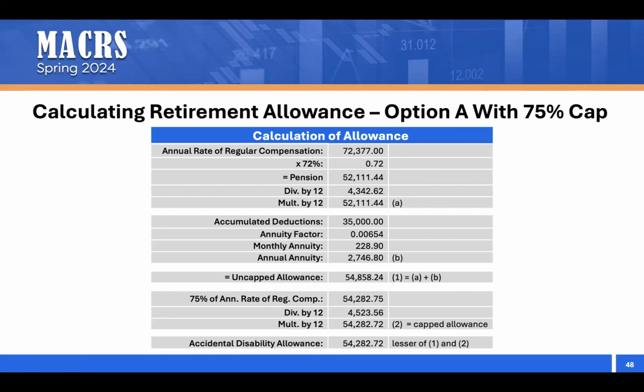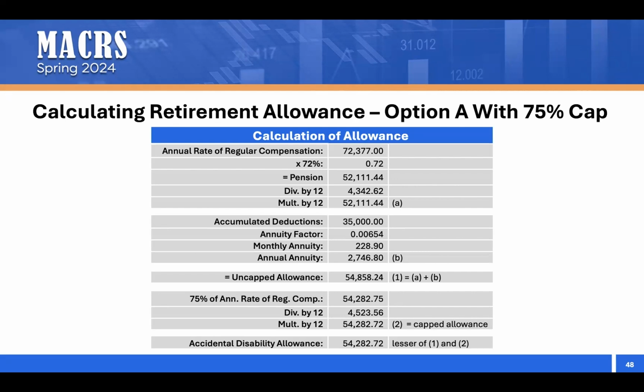So we do the same steps as we had done before. We figure out the pension portion of the allowance by taking the regular compensation figure and multiplying it by 72%. Same regular compensation figure, so we have the same pension of $52,111.44. To find the annuity, again, you take the accumulated deductions, multiply it by the appropriate option A annuity factor. And this gives us a monthly annuity of $228.90, or an annual annuity of $2,746.80. So our uncapped allowance is the sum of the annuity and the pension, or